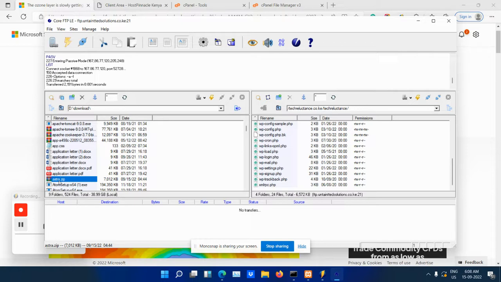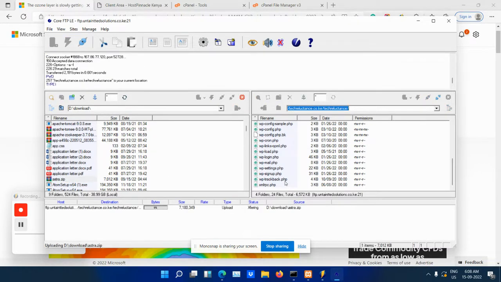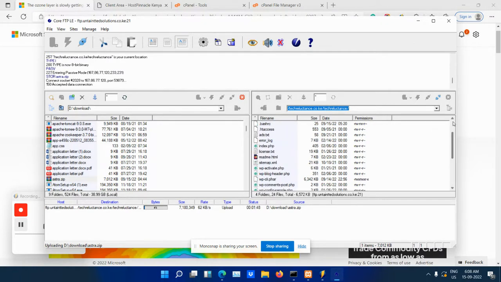In order to upload it to the server from my local installation, as you can see, this is in the directory D download on my computer. Therefore, I can just drag it to the folder in the server. This will take a while. As we wait, I can proceed to connecting to Putty